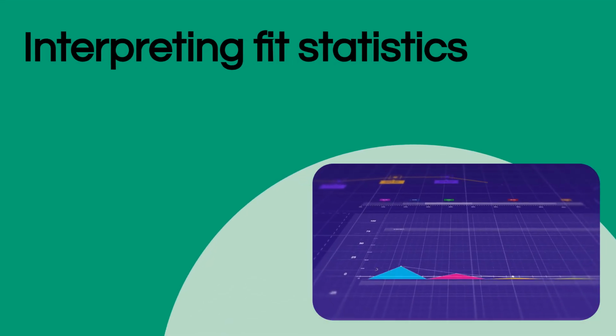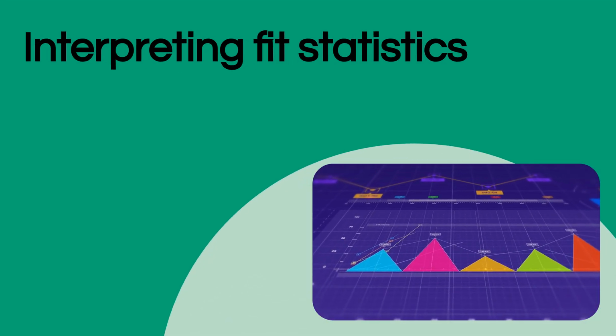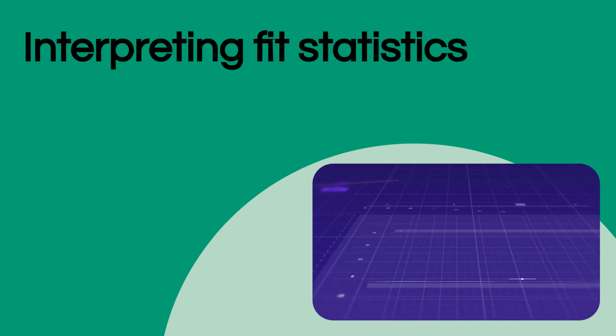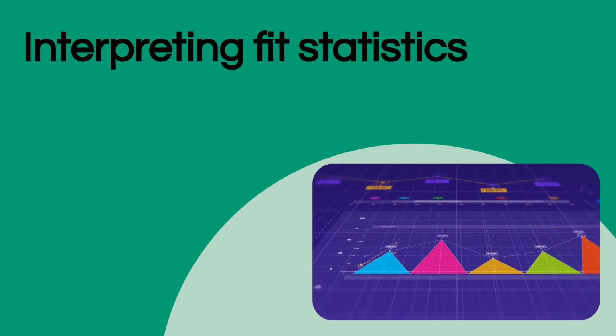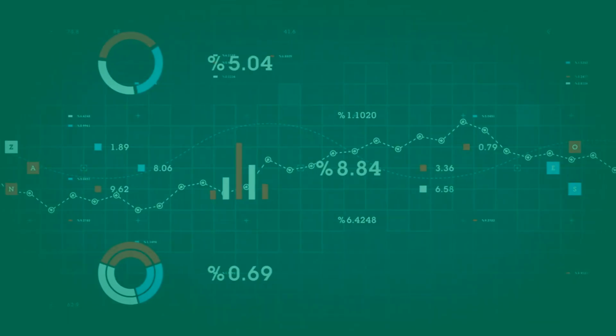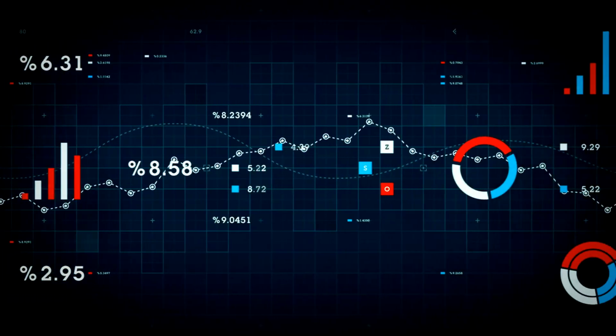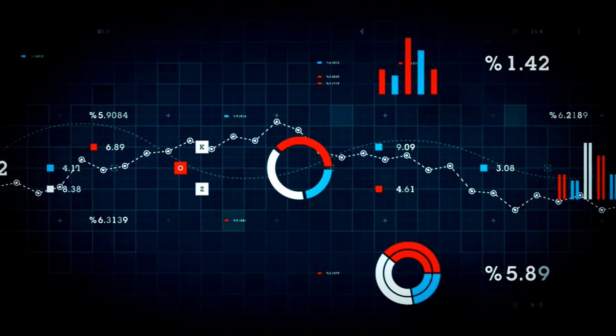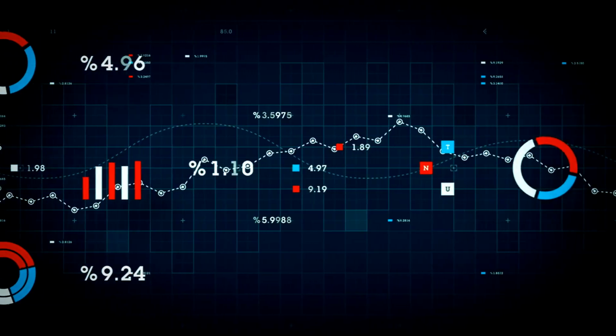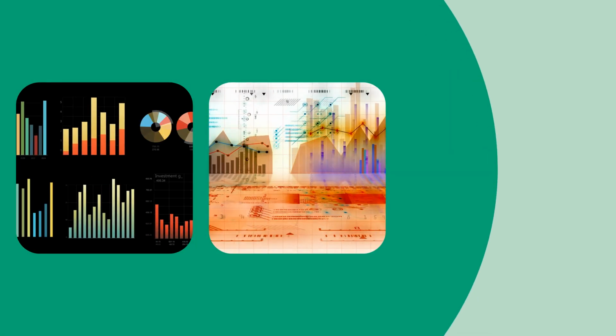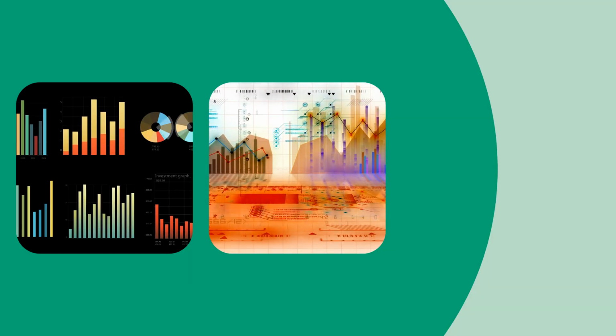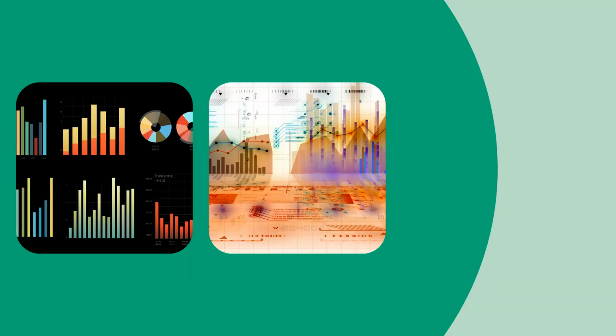Understand how to interpret goodness of fit statistics like R-squared and root mean square error, or RMSE, to quantify the quality of your model. Detailed analysis of residuals and prediction bounds is crucial for identifying systematic errors and assessing the uncertainty in your predictions. Implement validation techniques, such as cross-validation, to ensure your model generalizes well to new, unseen data,